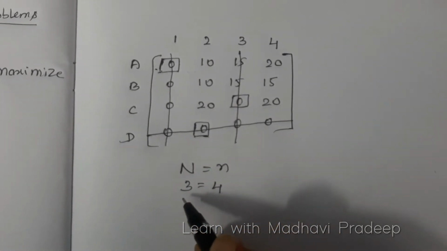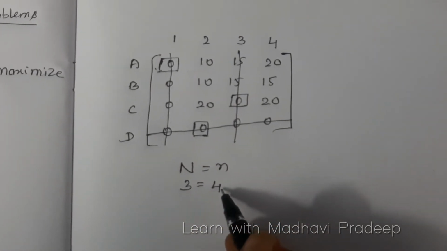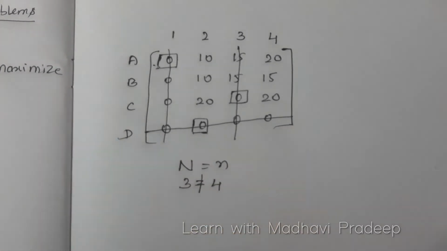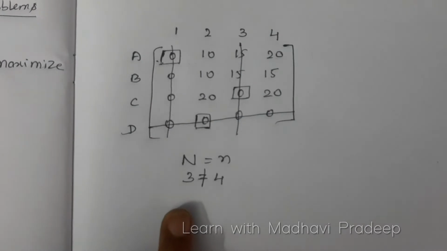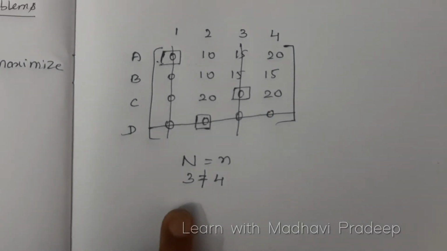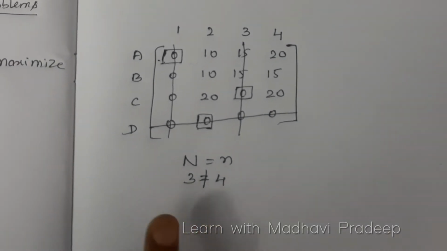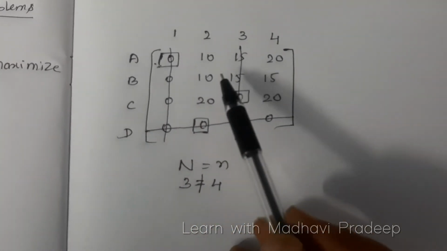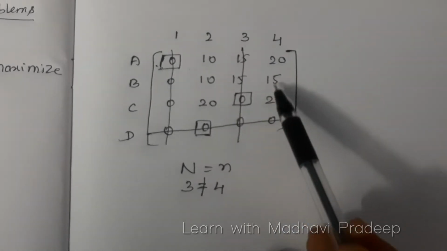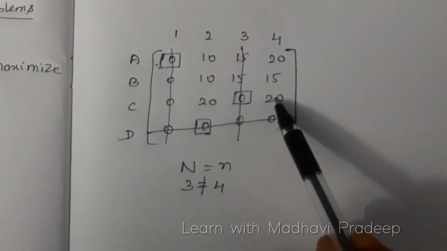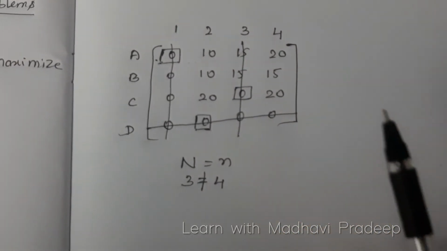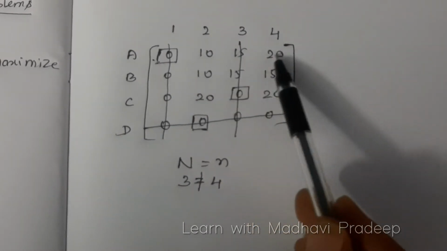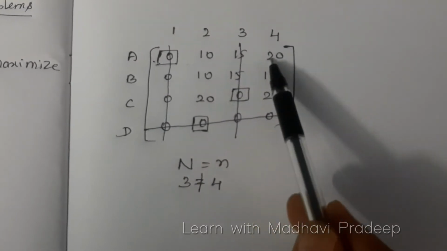Now when you see here, allocation is 3, rows is 4. So it is not equal. 3 is not equal to 4. Okay, so that means we didn't reach our optimum solution. So now we need to proceed. To proceed again, now in this matrix, these are the undeleted values. In these undeleted values, take down the minimum value. If you see, the minimum value is 10. So take this 10 and subtract it from the other undeleted values.